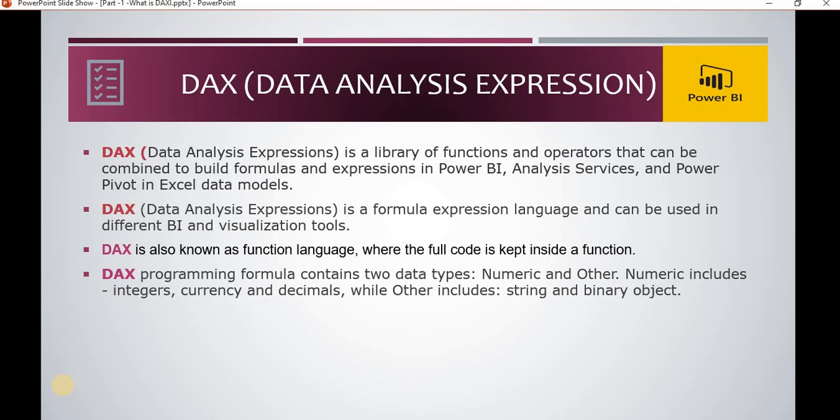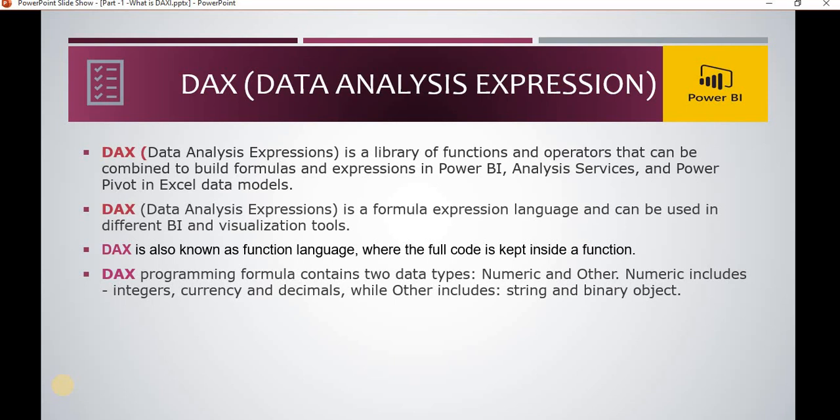DAX is a formula expression language and can be used in different BI and visualization tools. It is a language that is useful in Power BI tabular. DAX is used for creating formulas or calculations, and based on those calculations we want the output, so for that kind of output we use DAX in BI tools.